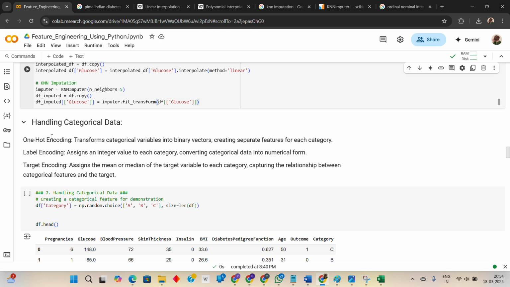Here we can see there are three ways to convert that into numerical, because we know that in machine learning or any other scientific